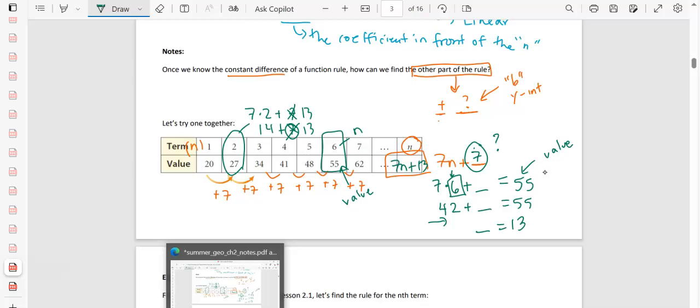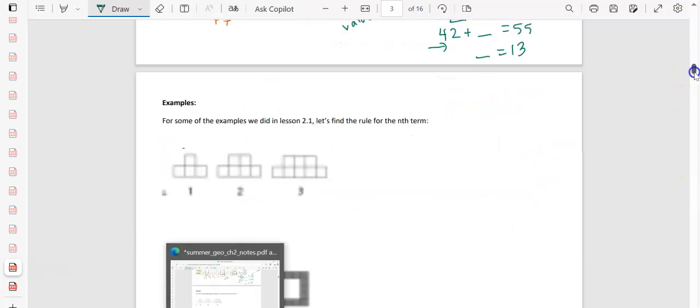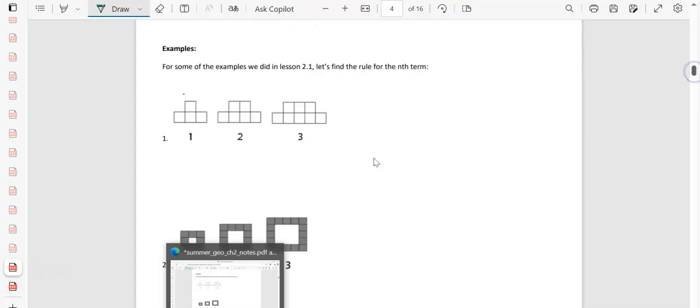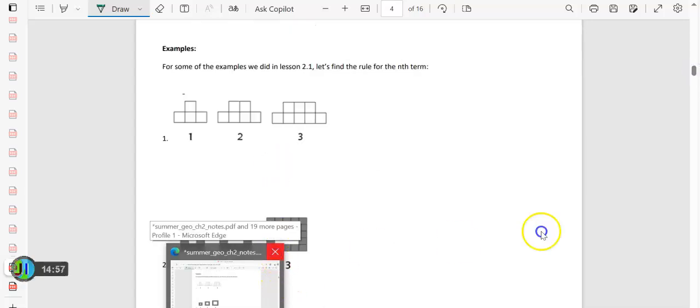And again, I could pick another term and I could just double check that, but it is going to work out. So I'm glad I could model that mistake for you. I think it's important that you see how I check my work and you see how I catch a mistake. So that is the end of the first part of this notes. And then you're going to go ahead and try those example problems on this next page, which are kind of harkening back to the